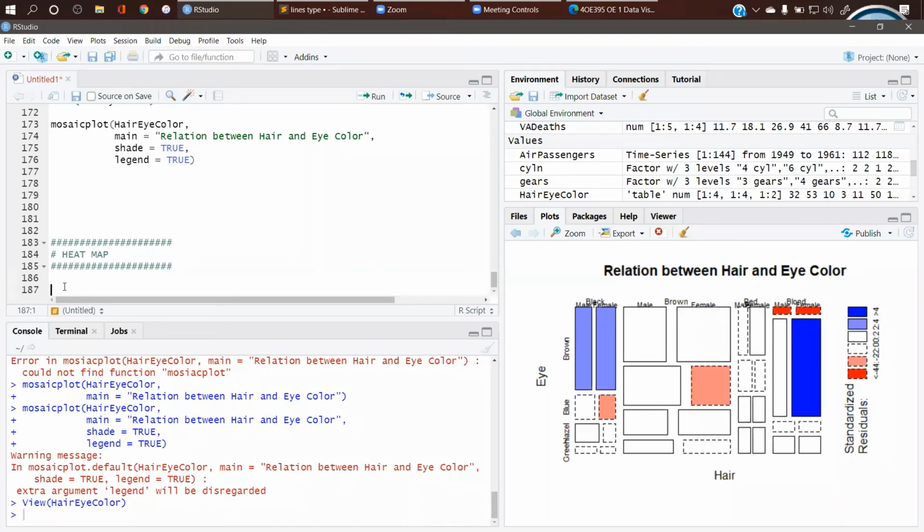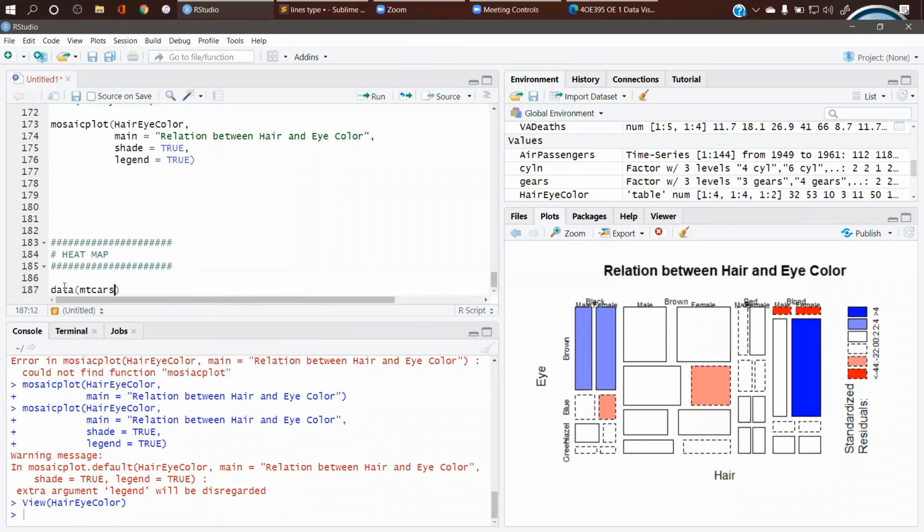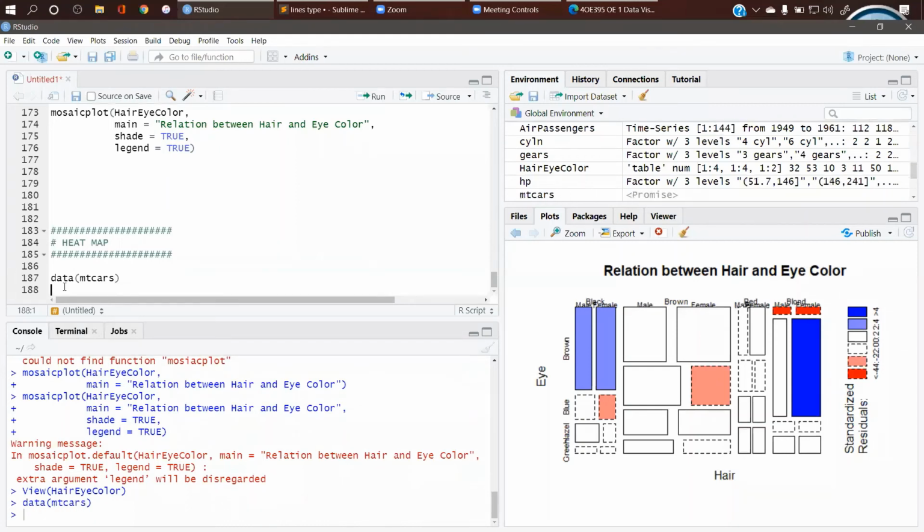Okay, so initially we need to convert the data set into matrix form, because this matrix will give you the first 2D, and we'll apply the third variable as the third dimension, right? So we'll be using mtcars because it has both factor as well as numeric data types in its data set. We have used this before, the data mtcars, and we know the rows and columns in it.